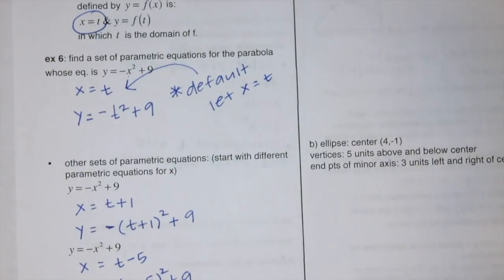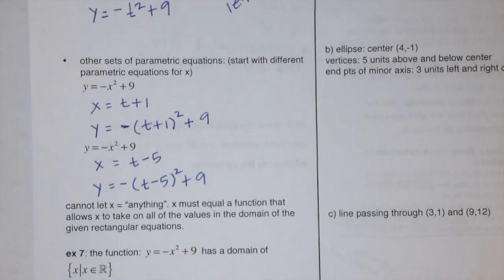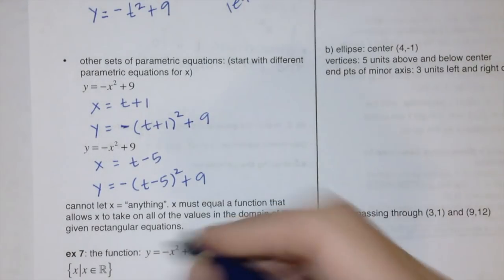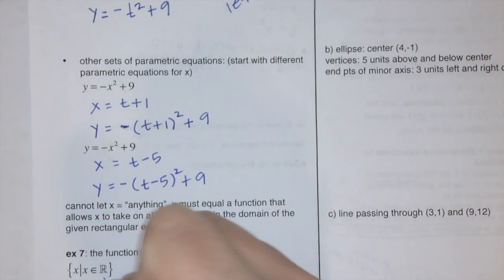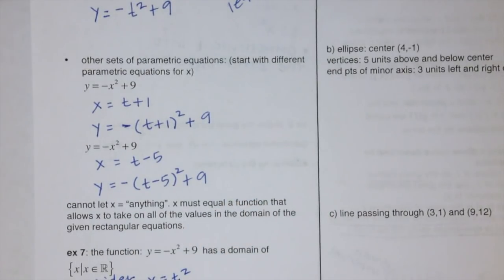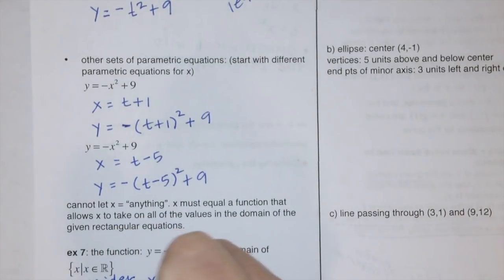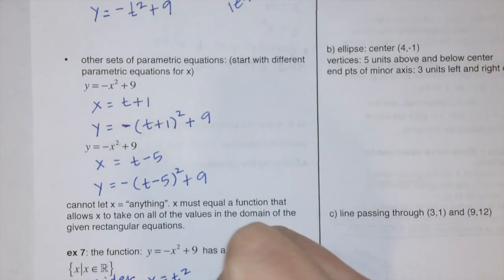Okay, why? Well, that's this last part down here on this type of problem. You cannot let x equal anything. So your x must equal a function that allows x to take on all the values in the domain of the given rectangular equation. Okay, so let's take a look at this right here. I want you to consider if we let x equal t squared, right? So if we let x equal t squared, let's take a look at the domain. If t equals negative 1, what do we get? X equals negative 1 squared plus 1,